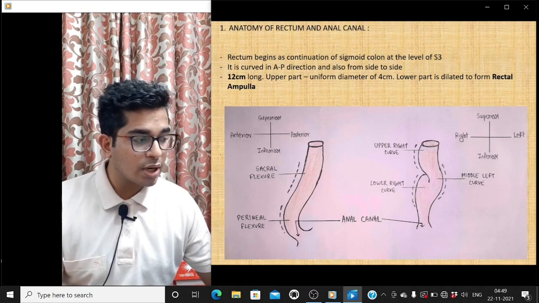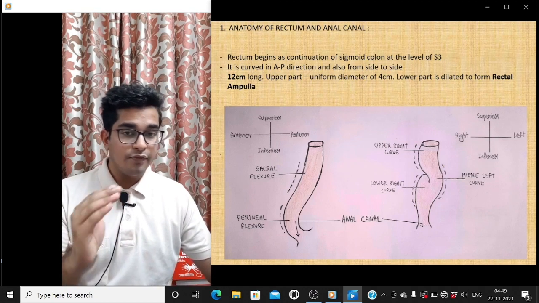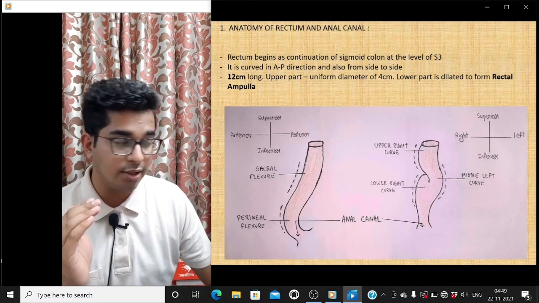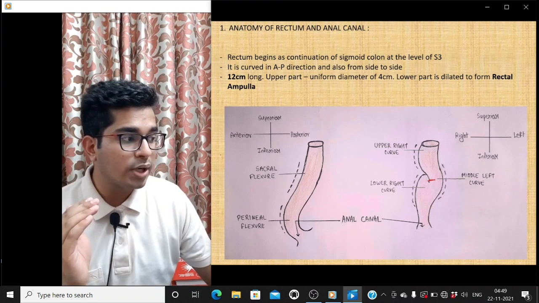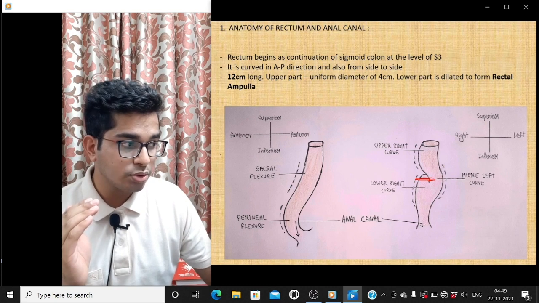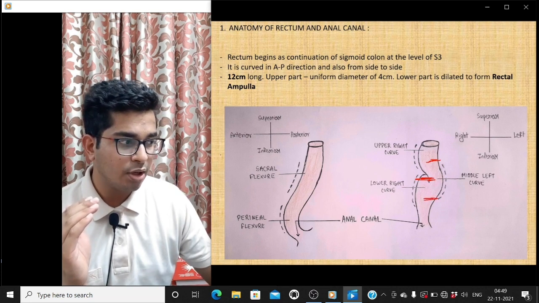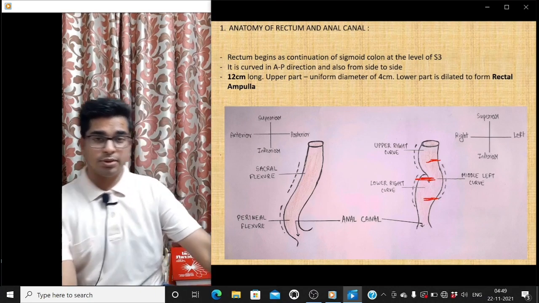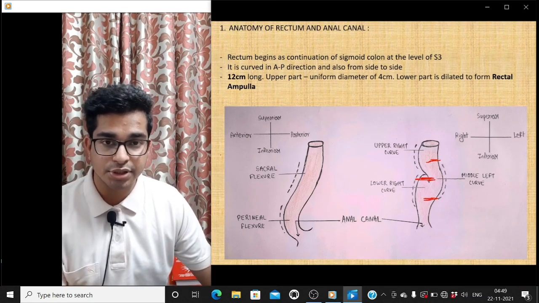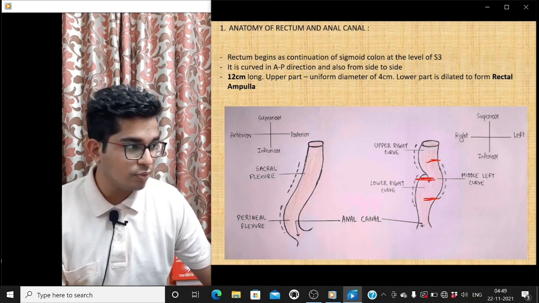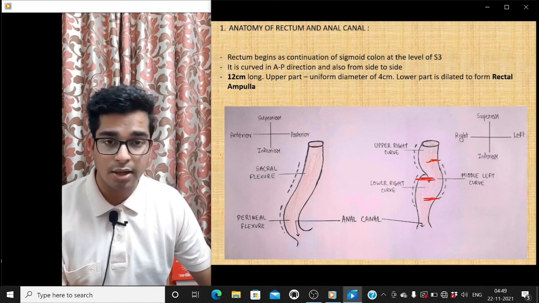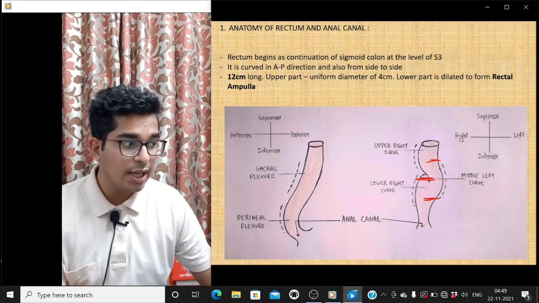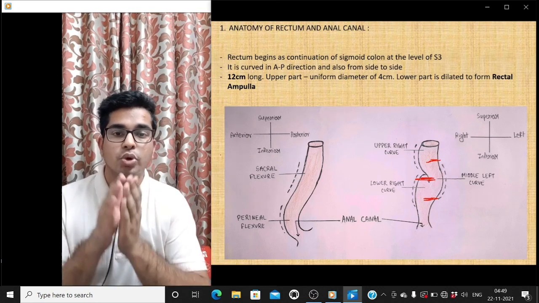Now, when we look at the inner aspect of your rectum, we have some mucosal folds inside, and these mucosal folds are known as haustrations. We have one mucosal fold over here, the other one over here, and this is the third haustration. Few books mention that a rectum has about 4 haustrations. Other books mention that rectum has 3 haustrations. So you can go with it as 3 to 4 in number, but the third haustration is always consistent. And these are your permanent mucosal foldings.